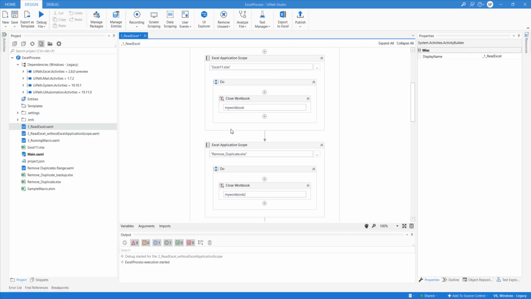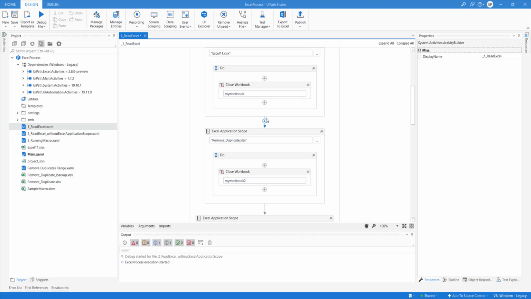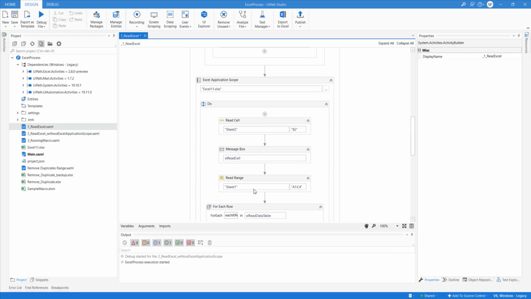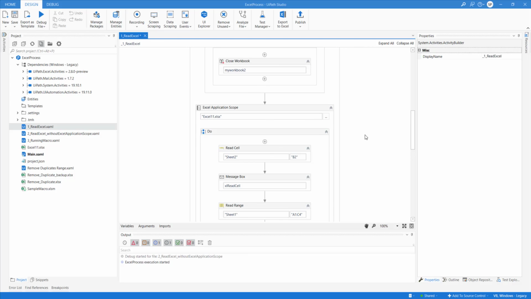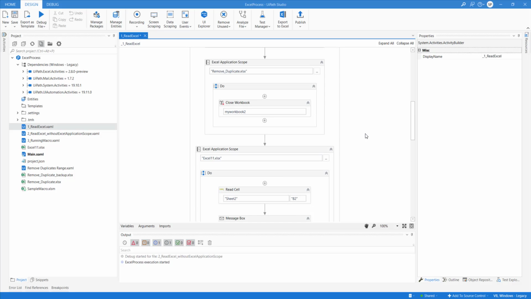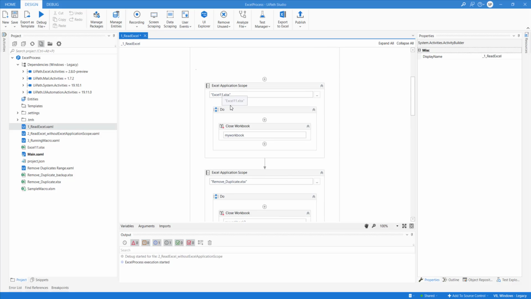To avoid such a scenario, we should close the workbook, and also whenever we perform read and write operations, always give some delay after the write operation. So this is how we need to use the Excel application scope and then close it.